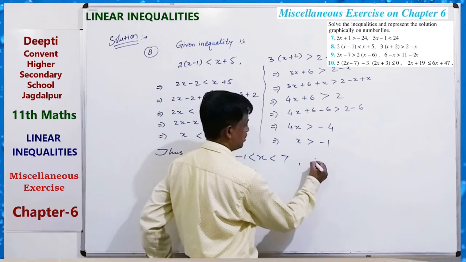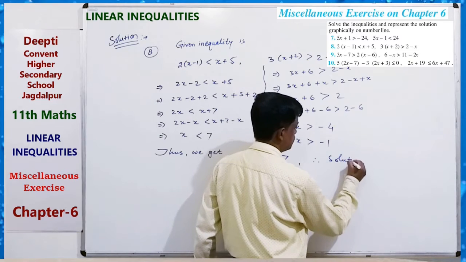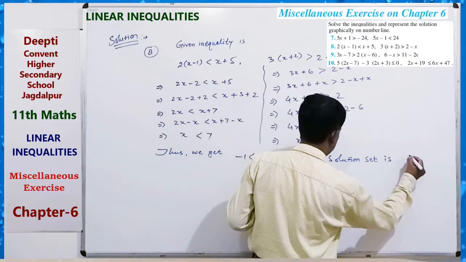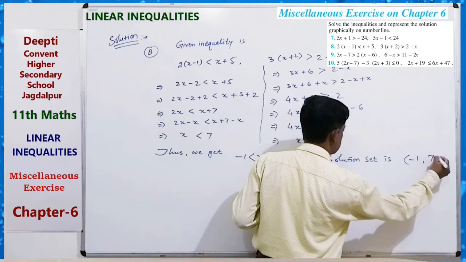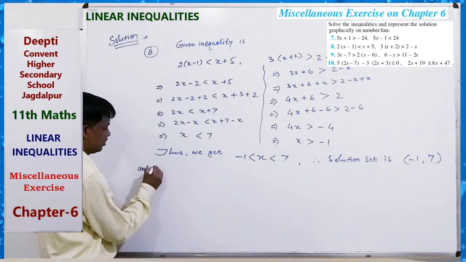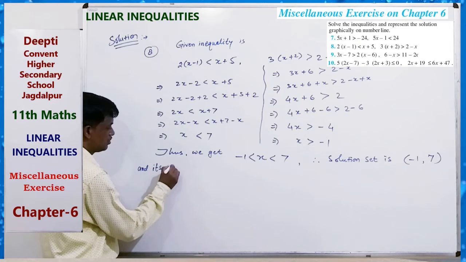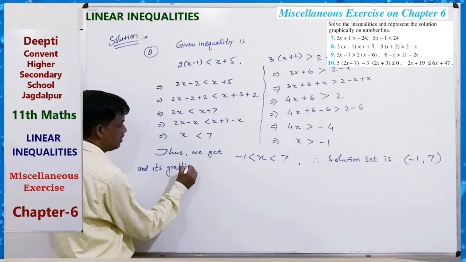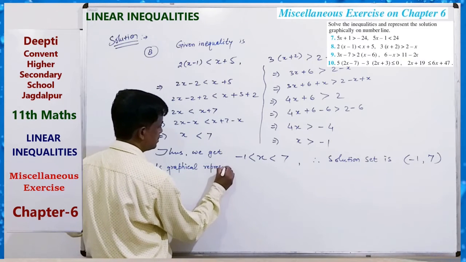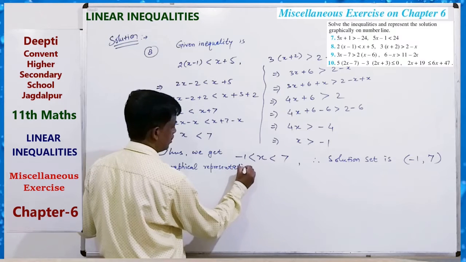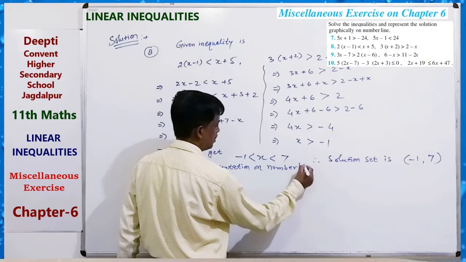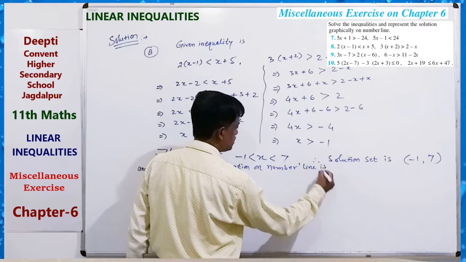Therefore, the solution set is (minus 1, 7), and its graphical representation on the number line is